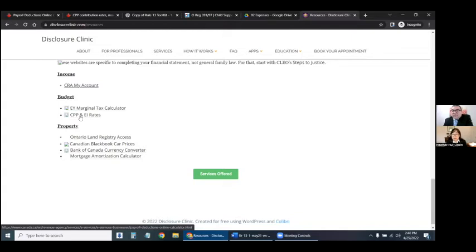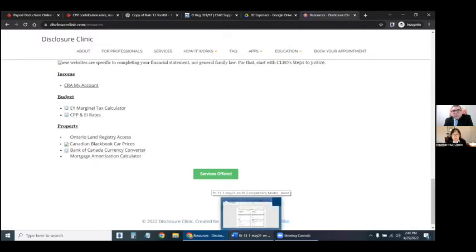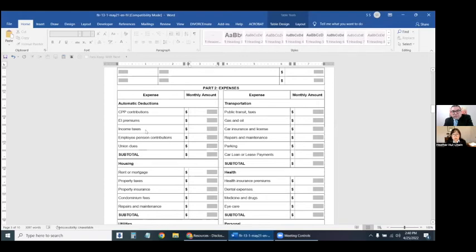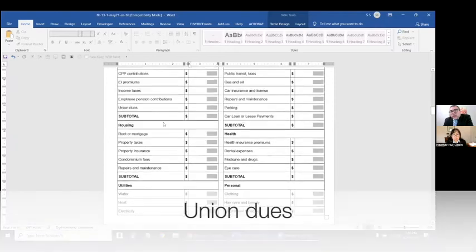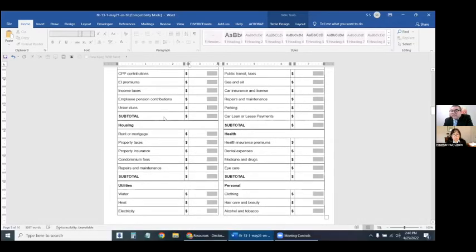You have to play with it a little bit. There's also a chart there, and you use your income against a percentage. With a little bit of playing around, you can figure out your CPP and EI. Okay, so those are helpful websites for those particular things that cap out. When it comes to union dues, I like to tell clients to look at their last year's tax return just to see, because usually they don't change that much.